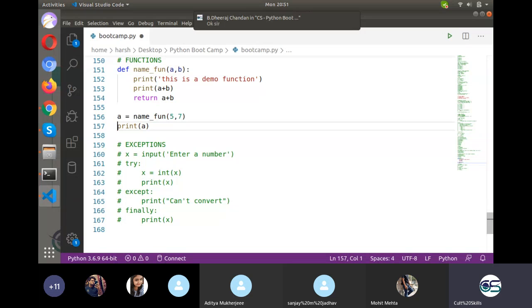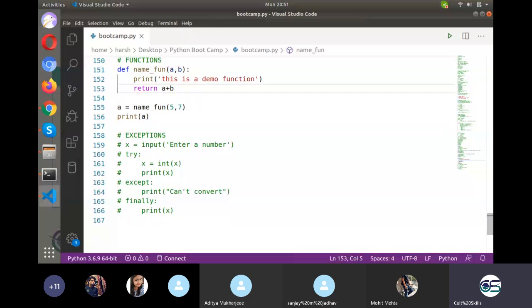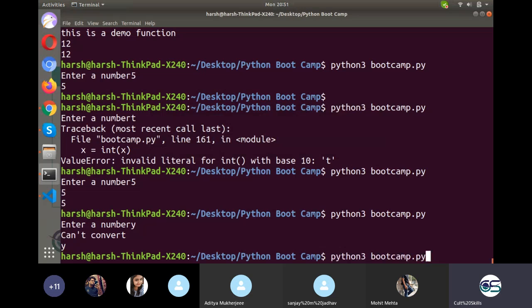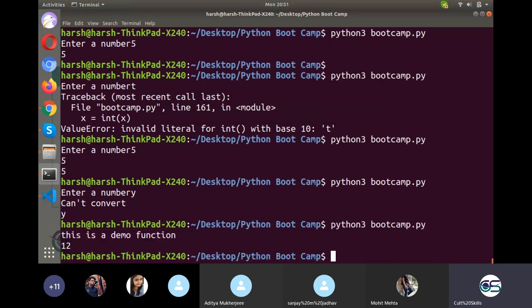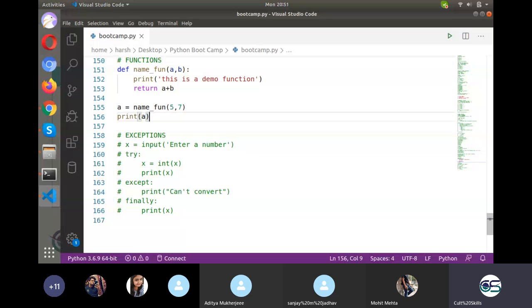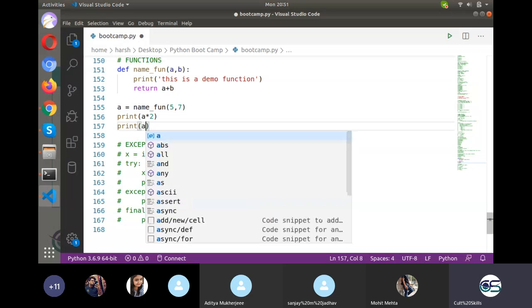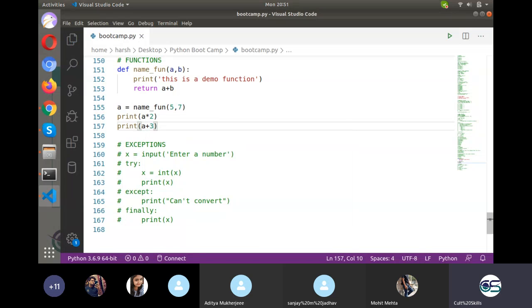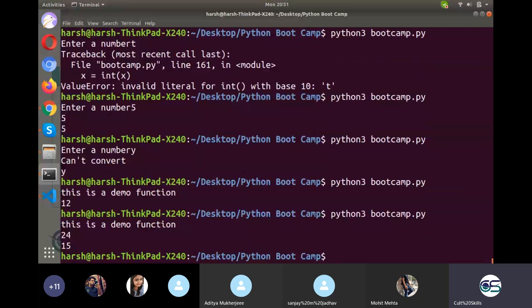So what I'm doing is let me just remove this print. Now I can store the value there. So I can store the value 12. Now what can I do? I can print a star 2, or I can print a plus 3. What I was having is 12, so it should be 12 into 2, 24, and 12 plus 3, 15.